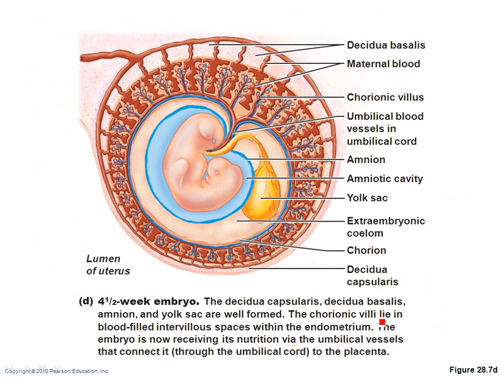So here's another picture showing this developing. Here's your yolk sac, here's your umbilical cord, umbilical artery and vein going into the chorionic villus, these little finger-like projections. This whole thing is the placenta. You have the maternal blood coming in and filling these little spaces, so the villi and these spaces come together for exchange. You have your amnion, which is the sac containing the amniotic fluid. And that's about all I want to say about that.